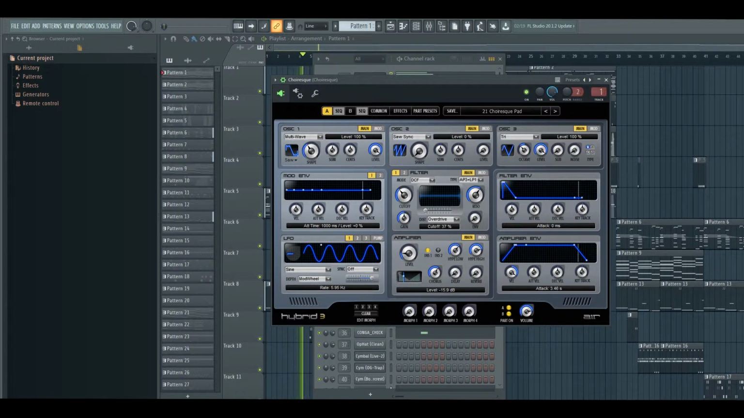Today we're going to be taking a look at Hybrid 3 from Air Instruments. This is a powerful little VST synthesizer. Comes with about 1,200 sounds, and on top of that, it's got everything that a sound designer needs. So if you're looking to make something original or use something stock, I think this plugin has a lot to